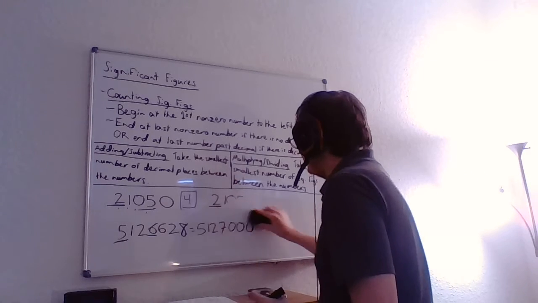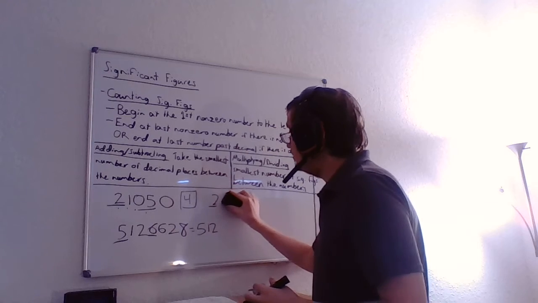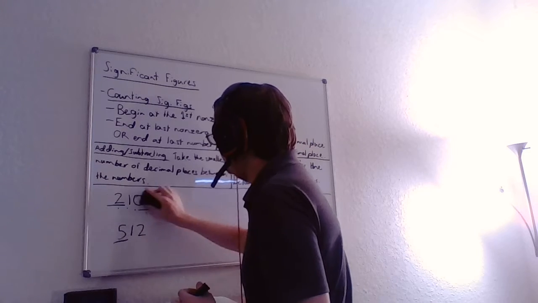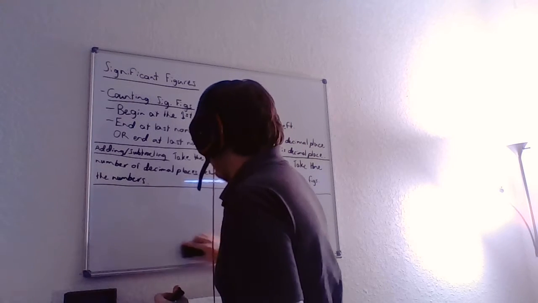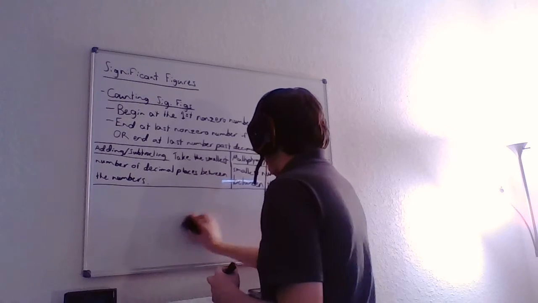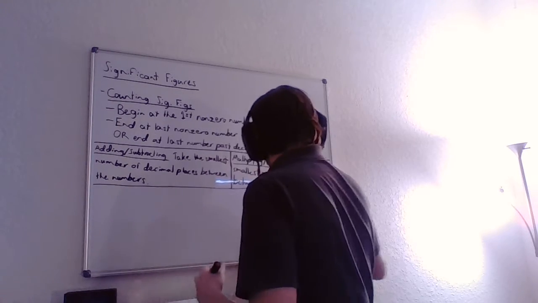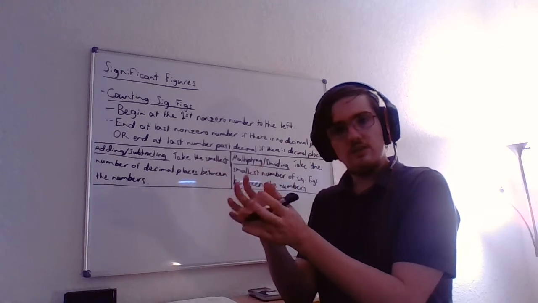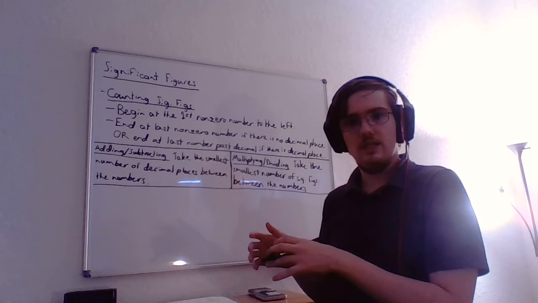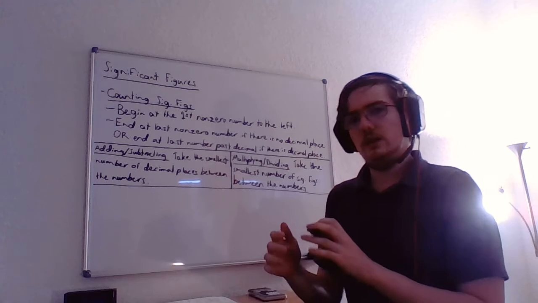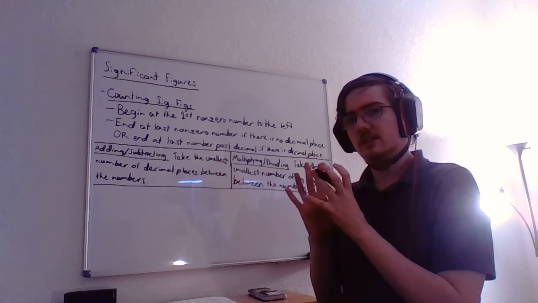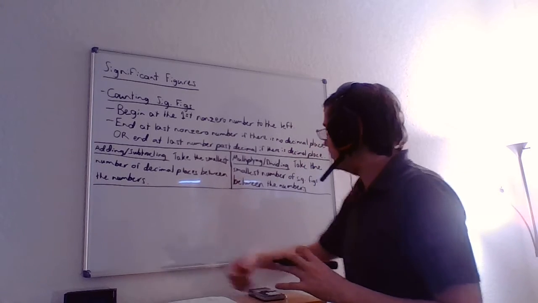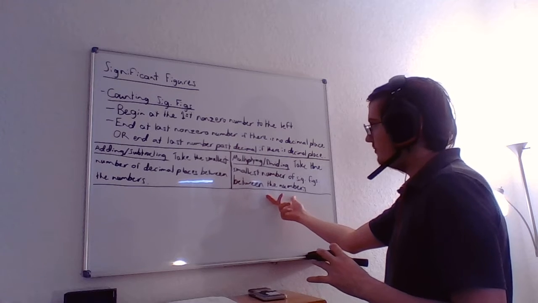Sometimes, actually quite often in chemistry, basically every problem you run into that has math and chemistry, you're going to need to add, subtract, multiply, or divide to some extent. And that's going to change the number of significant figures that your answer has. So what you want to think of is, how do I figure out how many significant figures my answer is going to have? Now there are two separate rules. There's one for adding and subtraction, one for multiplying and dividing.